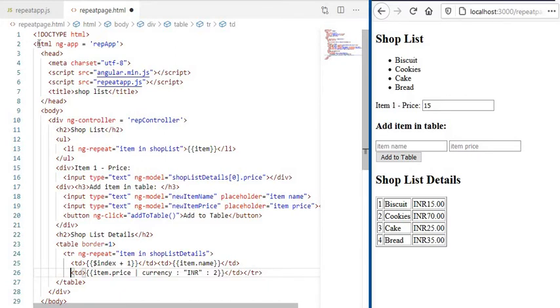So in the HTML part, the topmost part I think is well known. ng-app I have used here, repApp, and inside the body in the div tag I have used ng-controller, that is repController, and here I have used the ng-repeat directive. So here in the header tag I have used shop list, so that is what is displayed in the output screen here, and inside that I have used the ul tag, that means unordered list. In the unordered list I have not listed all the items, instead I have simply used the ng-repeat.